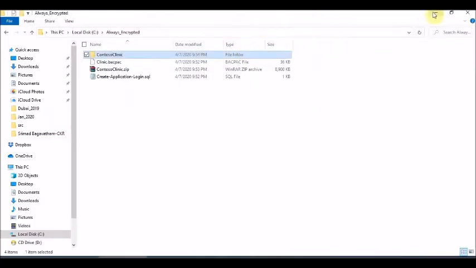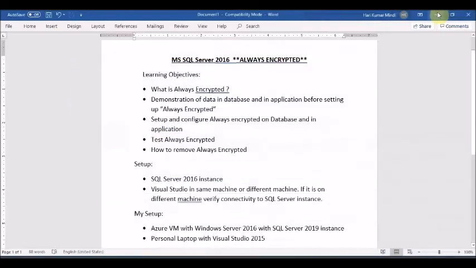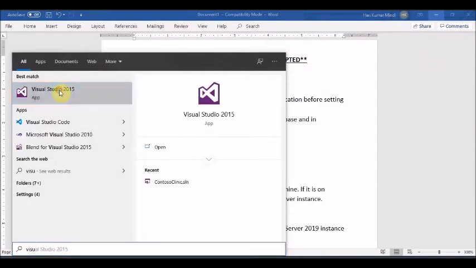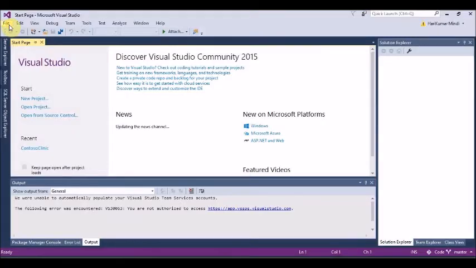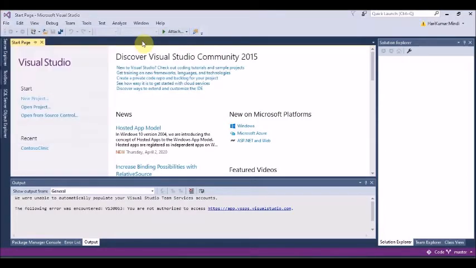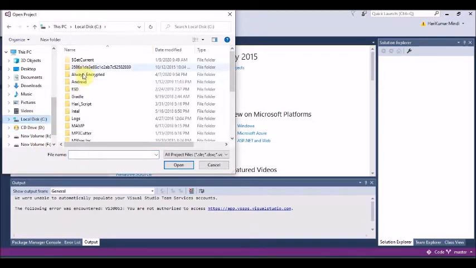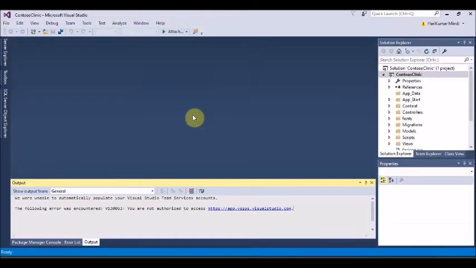All right, so let's go back to my personal laptop, and I'll try to bring up Visual Studio. I have Visual Studio 2015, a community edition. And then I'll open the solution file. So just go to open projects or solution, and then in the downloaded files after you have unzipped it, in that folder you should see the .sln file. So just open it,